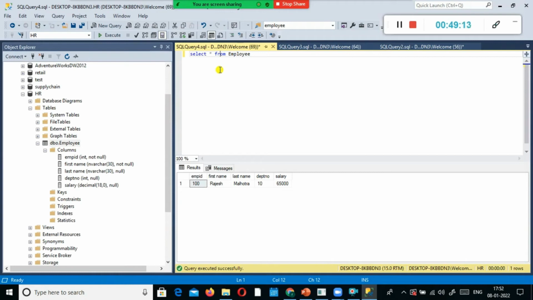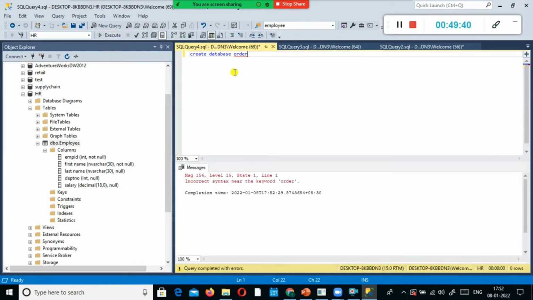Fine. So the next thing is, let's say I want to create the database using a command, right? So create database using a command. Create database is the reserved word or keyword. Using this keyword also you can create the database. For example, I'm going to create a database related to order. So order database. I'm going to execute this. So I'm getting some incorrect syntax near the word order, right? So, okay, order DB.